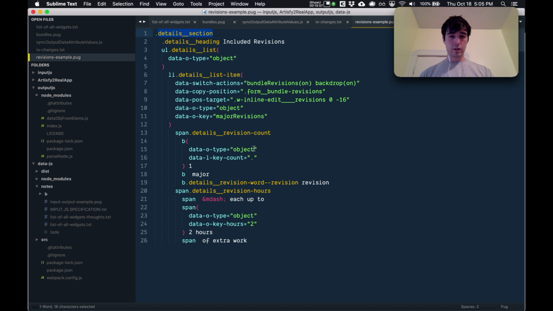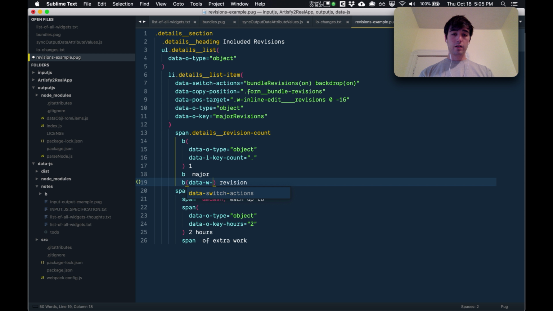Okay, and let me show you how that works. But like last time, we did all this stuff here, where we were detecting when this data was being changed, and when it was being changed, we were looking for this class name, and we were seeing how many revisions there were, and then we were changing this based on how many revisions there were. So instead of that, what we can do here is do a